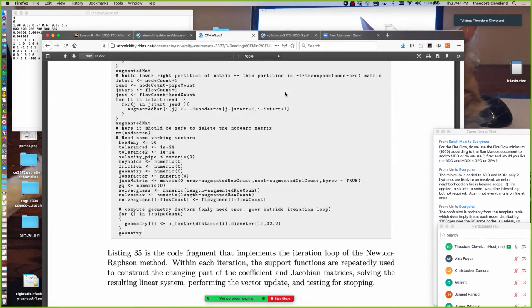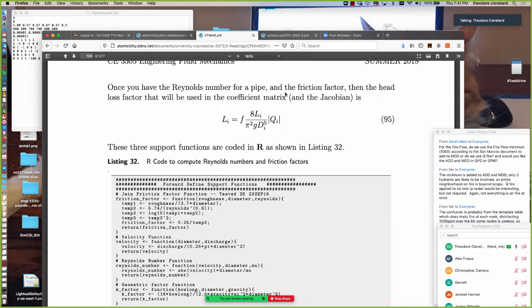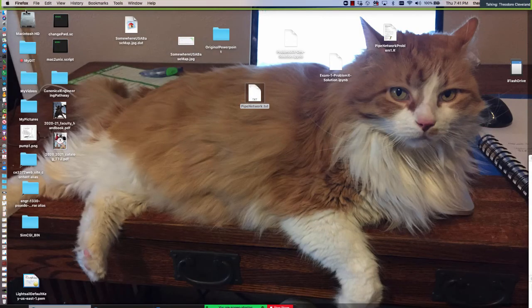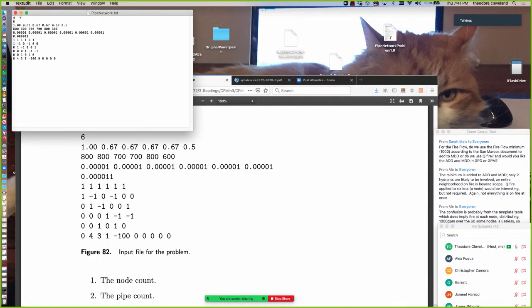Let's go back and look at the original input file and be sure it's what I think it is. So if we look at it: 4 nodes, 6 pipes, 6 values for diameter, 6 values for length, and it looks like this is set up in feet. 6 roughness heights, a value for viscosity because it has to go somewhere, an initial set of flow guesses, which in this case are all ones,